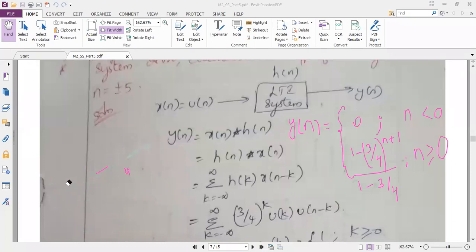+5 and -5. Okay. So can we find y of 5 here? Y of 5, you know how to get y of 5? Y of 5 means, see, when n is greater than or equal to 0, so I have to take this. So tell me, y of 5, +5. Greater than or equal to 0 means +5 is possible for this value of y of n. So I want you to just use the calculator and substitute 5 wherever n is there and get me the answer.